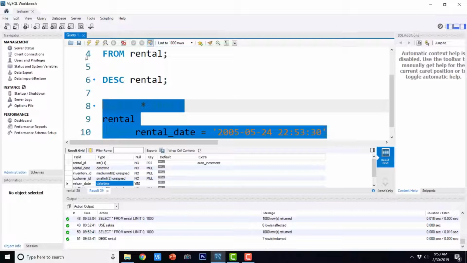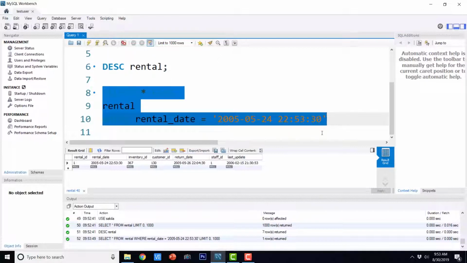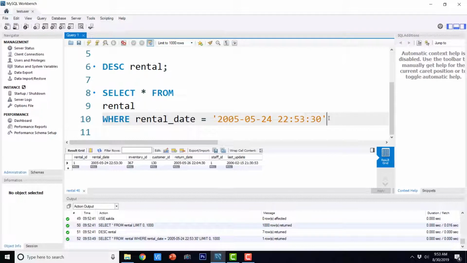So if I execute this, this is going to return us the row that has rental date equal to the date that we have specified. So this is how we can compare the rental date as it is, or any sort of date as it is, the entire date as well as the time.